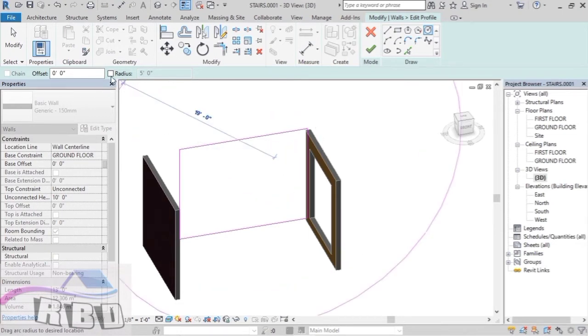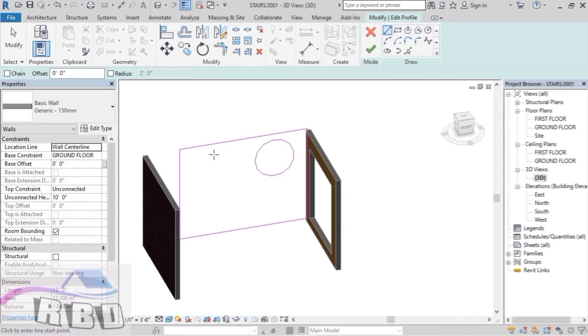Draw a circle and you can also choose the radius of the circle. Let's say I'm going with 2 feet, and you can also manually adjust the radius of the circle. Now similarly for a triangular opening, let's choose the Line tool and draw a triangle over here. We need a triangular opening,